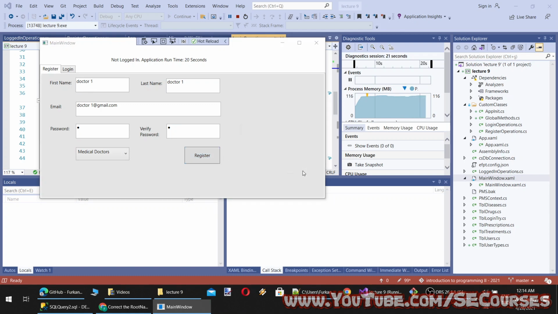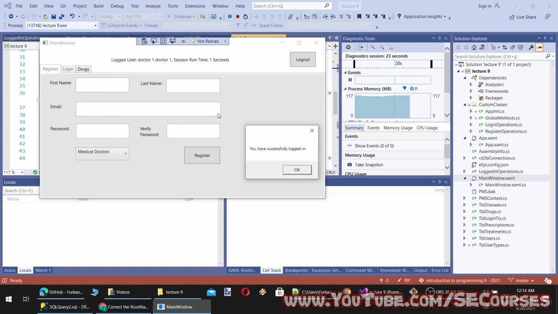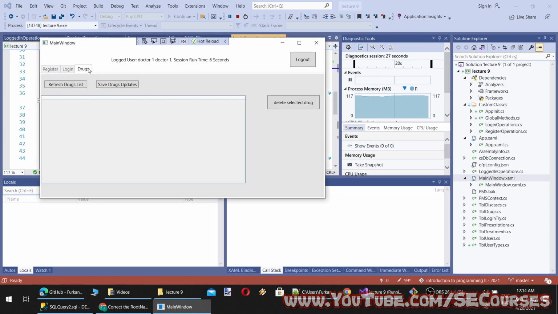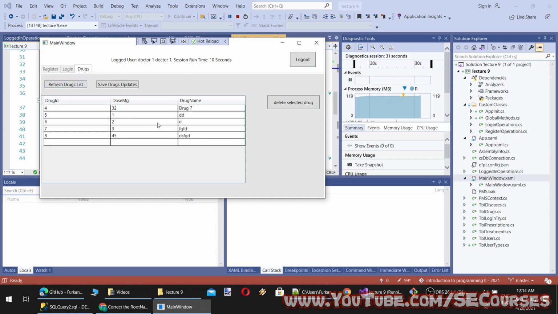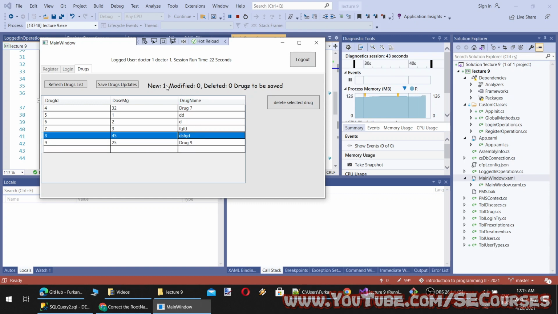Okay, register it. Okay, all fields are reset, and now I can click drugs stop. So when I click refresh, it brings me drugs. Let's add a drug. 25, 9. So you see, when I click somewhere else, it will tell me there is a new one, but they are not saved yet. Let's save.